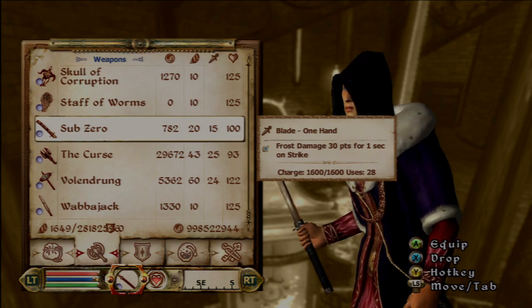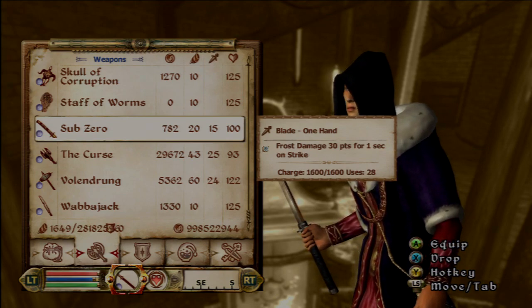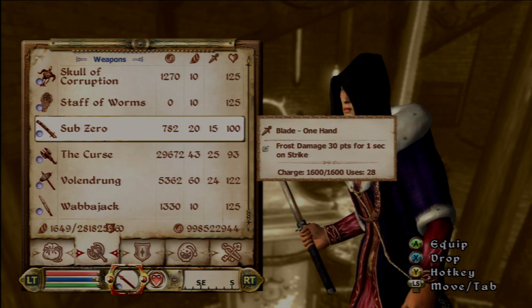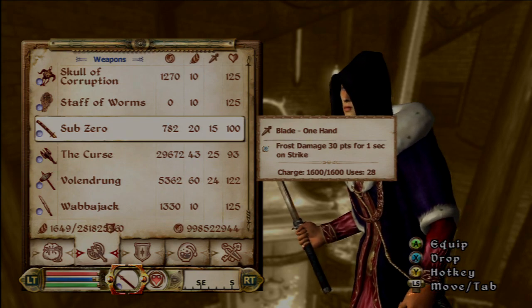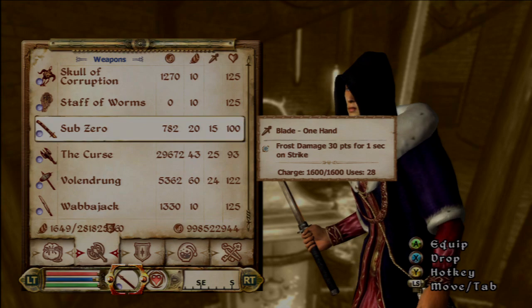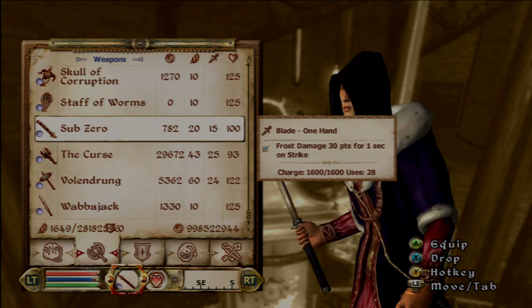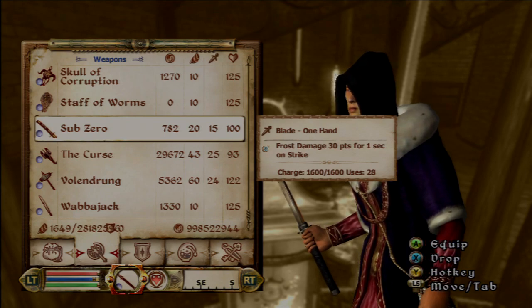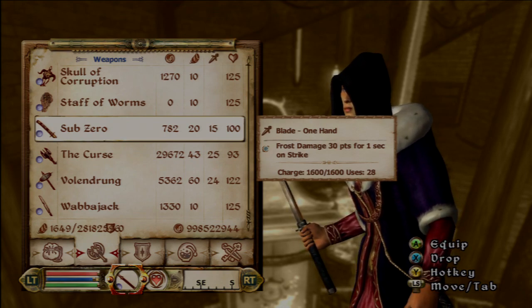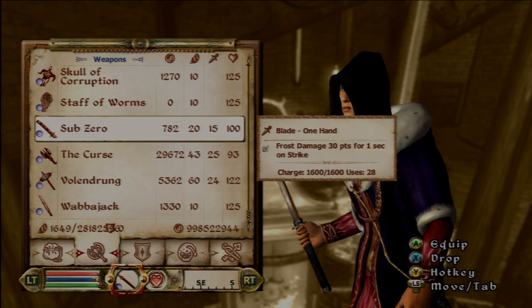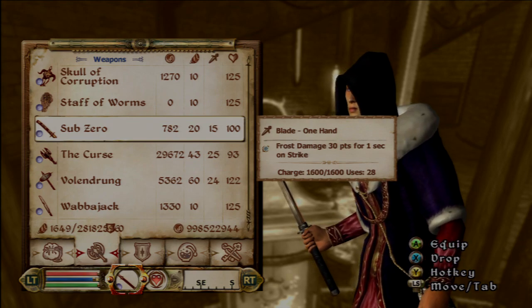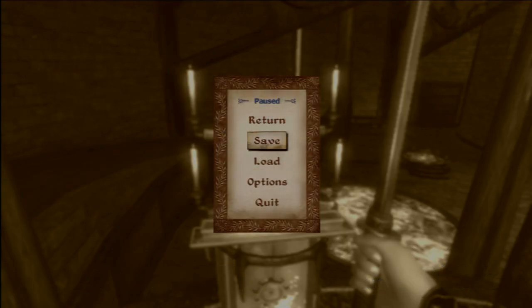So obviously every time you hit something, a lot of it gets used. So what we're trying to do is change the uses so it'll only take one charge every time you hit, and change the charge to get the maximum amount of charge. Now granted, it will take a while to fill the charge up with the soul gems, but you'll have a lot more uses. So right now I'm just gonna save,